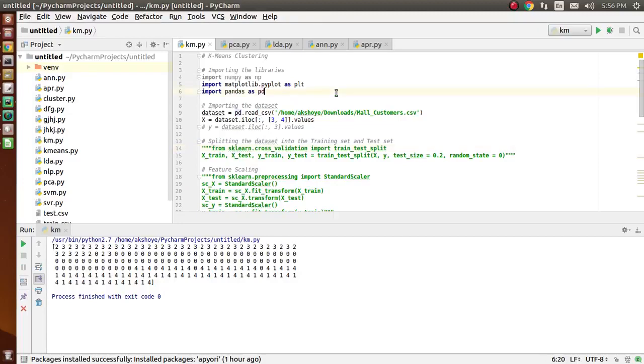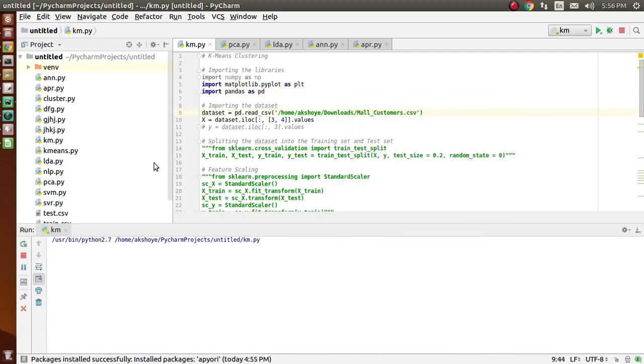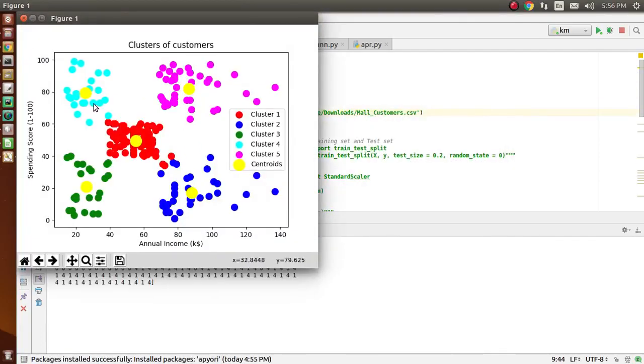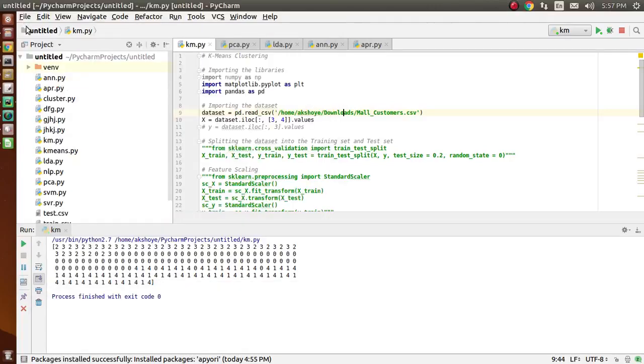Now let's first understand what k-means clustering means. So k-means clustering is an unsupervised machine learning algorithm that groups a dataset into a user-specified, that is, k number of clusters. The algorithm is somewhat naive. It clusters the data into k number of clusters, like you can see the output over here. You can see 5 clusters over here. So it means k number of clusters. Any number of clusters we can form.